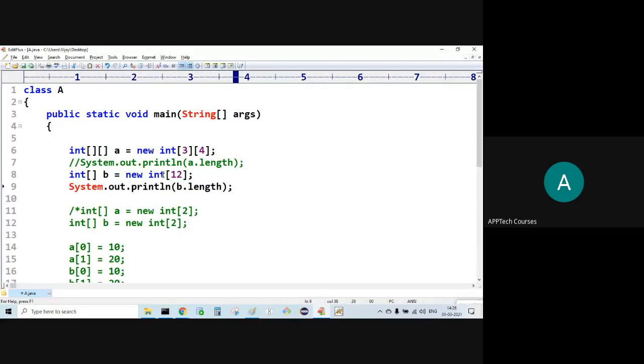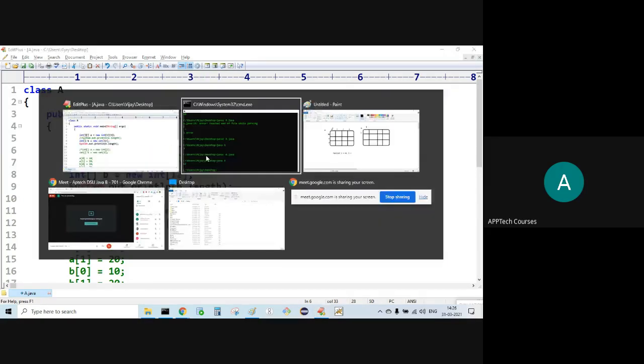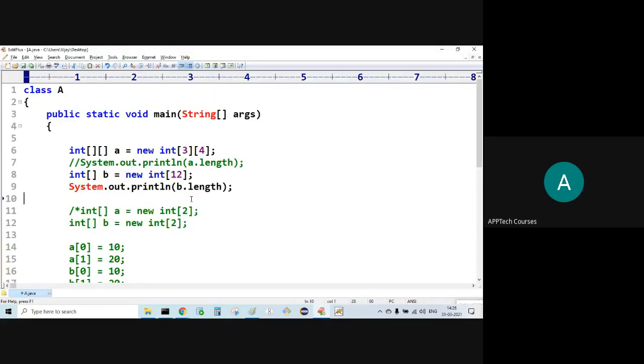It is the row representation. This is the column representation. Total elements, how many elements can we store? 12. What size? 3.